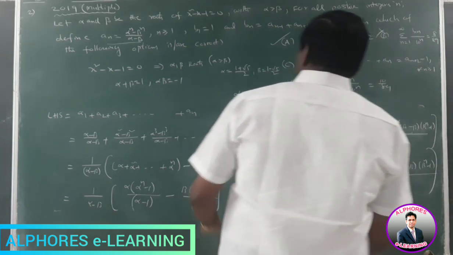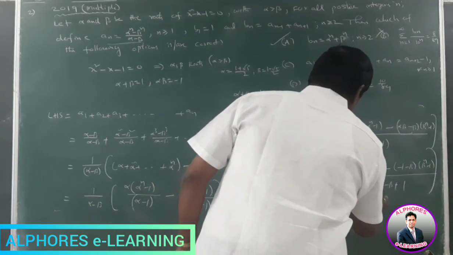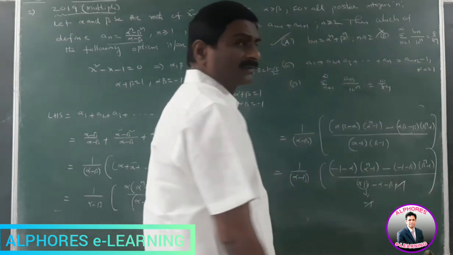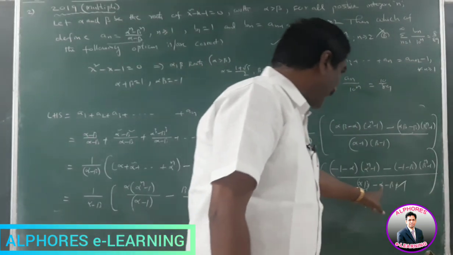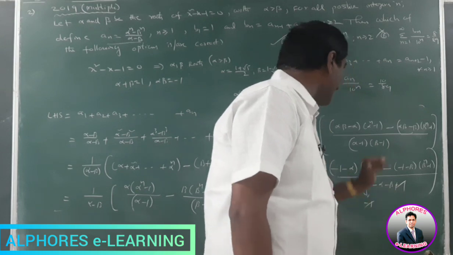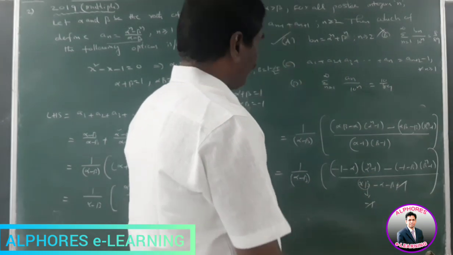But alpha beta value is minus 1. So it can be replaced as minus 1. These two are cancelled. That means finally we get minus of alpha plus beta. Minus of alpha plus beta. That is equal to